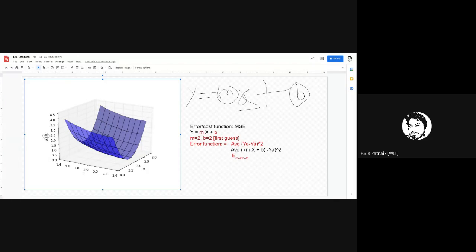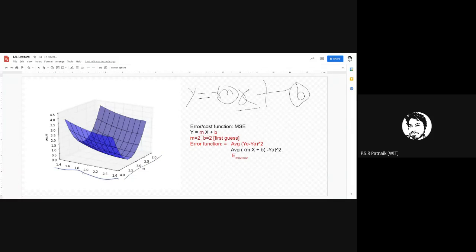Do you see this? I have an error plotted. I have m here. See, this axis is m. Let me show you that. So this axis is m. You can see here how the m values are changing. So as and when m is 2, it is increasing. And what do I have here? I have b, right? So when you plot m and b on a two-dimensional axis and you plot error on the third dimension, this is what your error curve looks like.